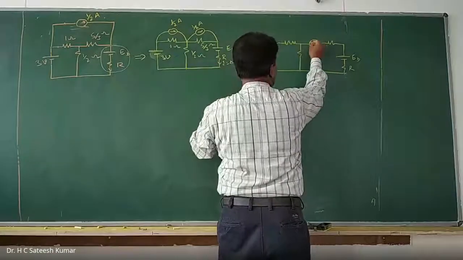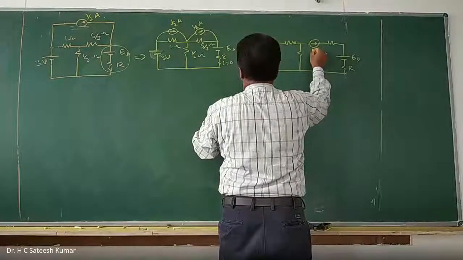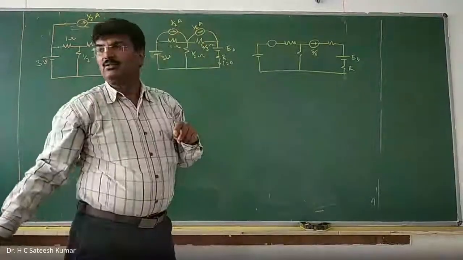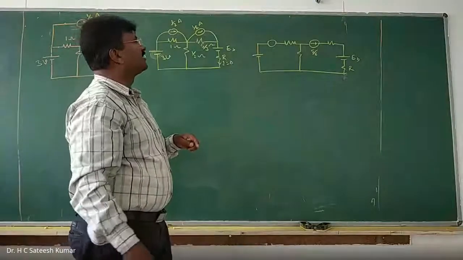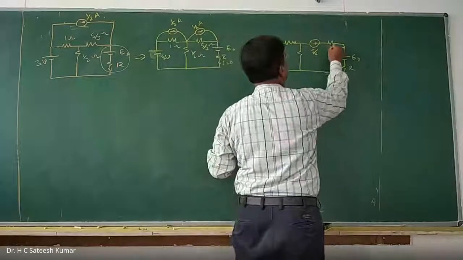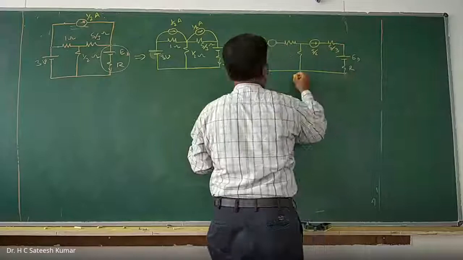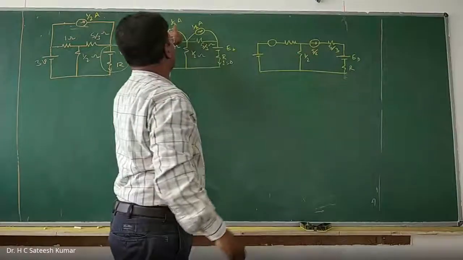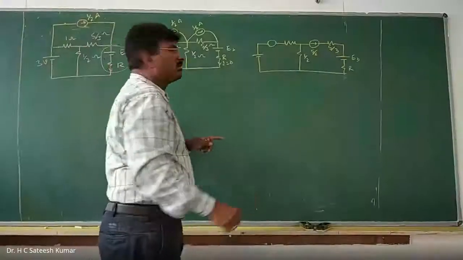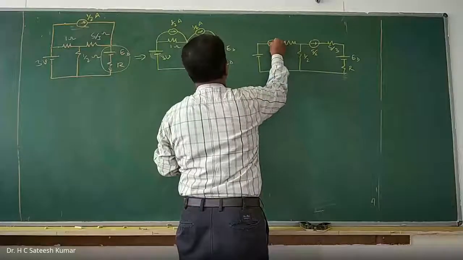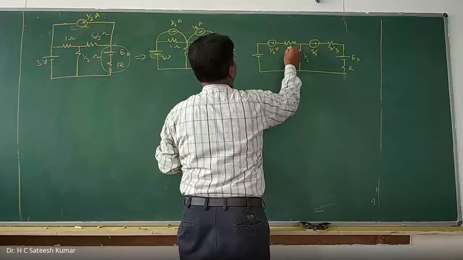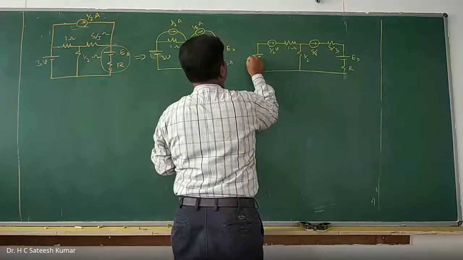The polarity is minus plus on the right side. This is 5 by 6. V is equal to I into R: 5 by 6 is there, and the resistance value is 5 by 3. And this is half ohms. V is equal to I into R, half into 1, polarity minus plus, half into 1, half volts. And the resistance is 1 ohm. This is 3 volts.